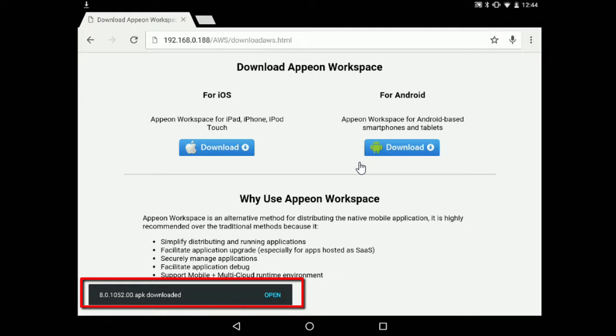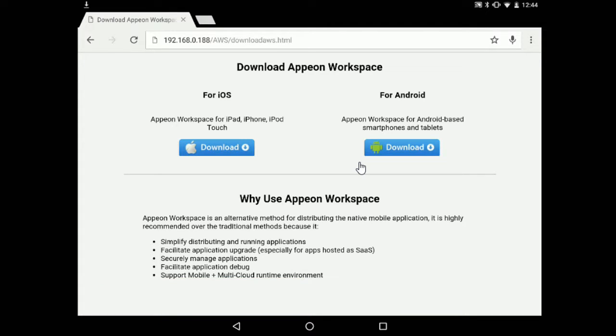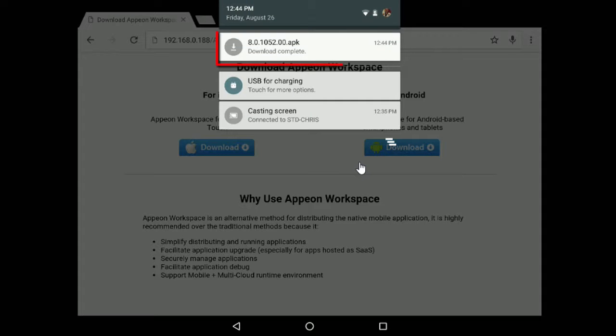And here we go. Notification that the actual install file has been downloaded. Now at this point, just sweep down from the top with your finger and you can actually see the package download complete notification sitting there. So if I just tap on that,